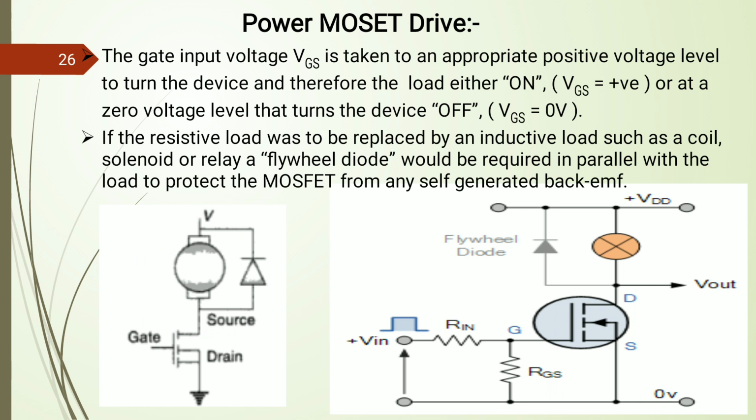So here, instead of the motor, a relay is connected, and the relay coil is activated based on the gate pulses applied to the power MOSFET. After that, the activation of the relay turns the motor on or off. So the on and off depends on the conditions of the gate pulses applied to the power MOSFET, and accordingly the activation of the freewheel diode, that is the protection diode, is also based on the generation of back EMF. So this is related to the power MOSFET.